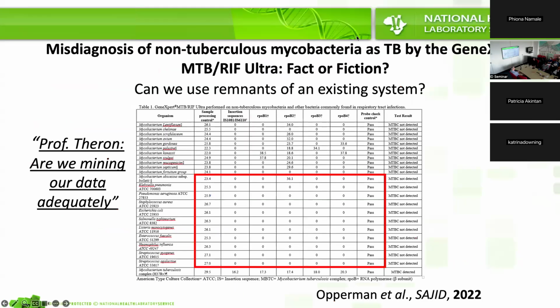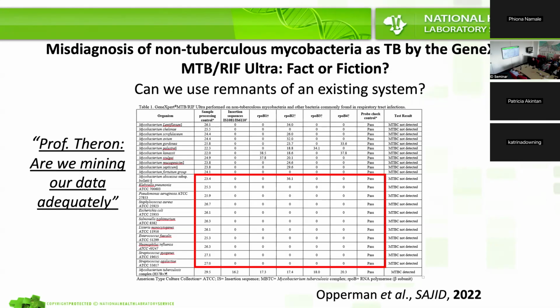This is a study I did with one of my special study module students, the third year elective students in medicine. And we wanted to look at something that has come up in the past. So for those of you that were in practice before the Ultra, so the GeneXpert before the Ultra version was present, there we still had the 5 probes, I think, and you looked at delta CT and probe fallout. There was cross-reactivity with some of the NTMs. So Mycobacterium intracellulare came up in some instances as MTB complex.